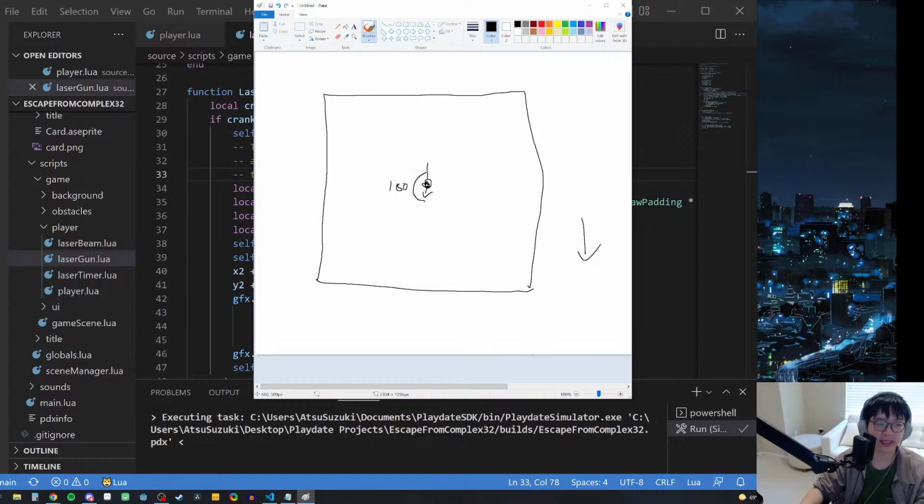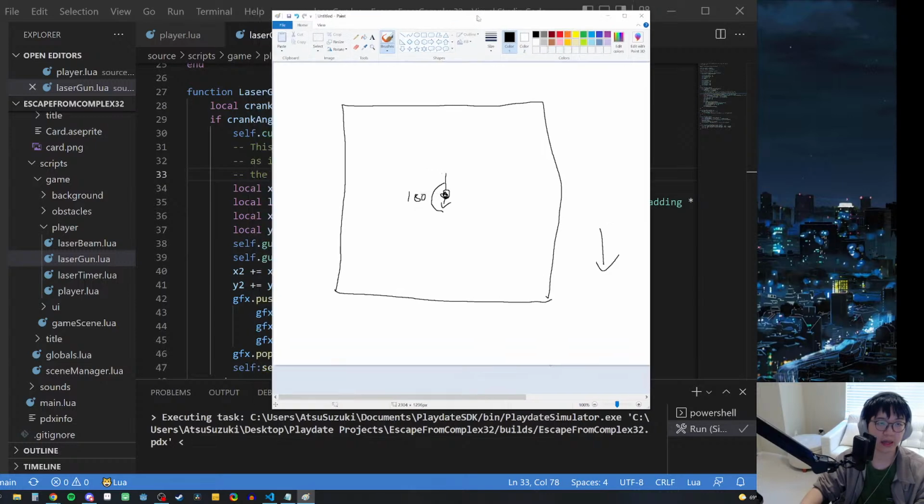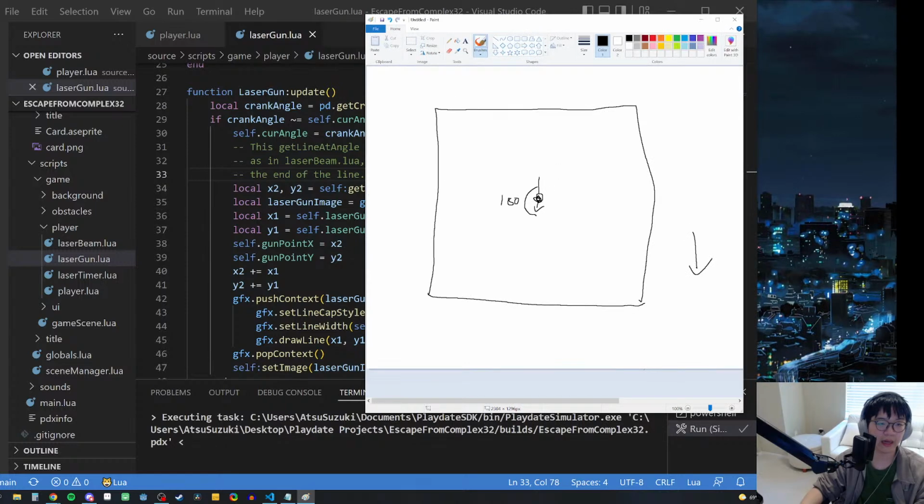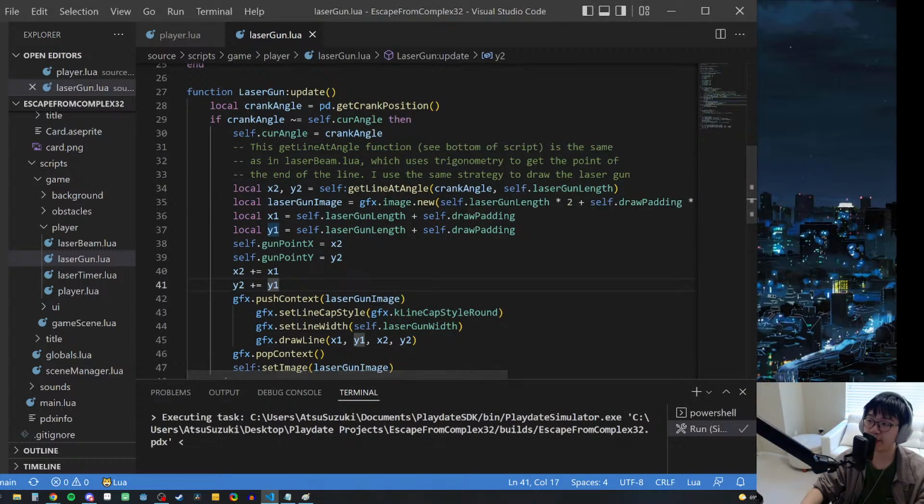And what I do is I use that angle to somehow get this position right here, and I draw a line between those positions. And the way I'm getting this point,